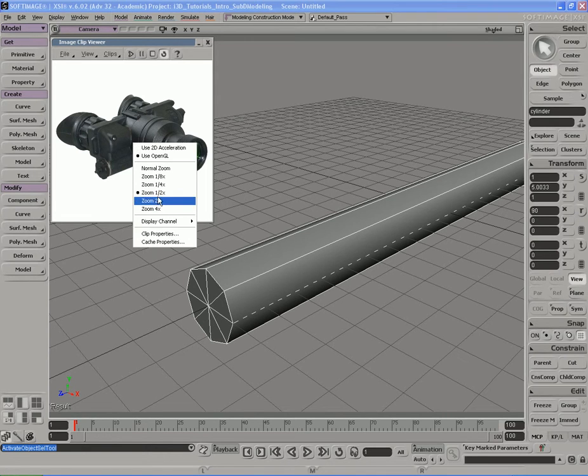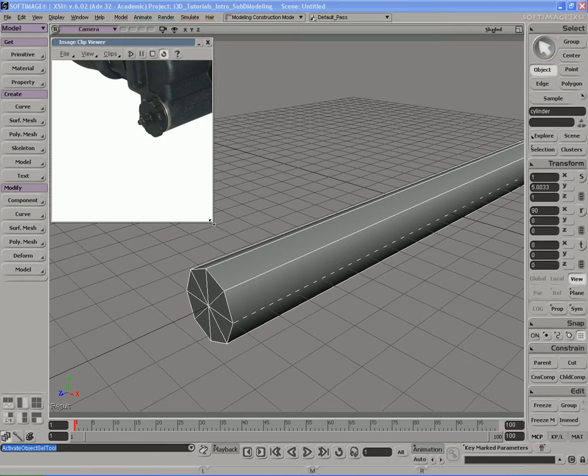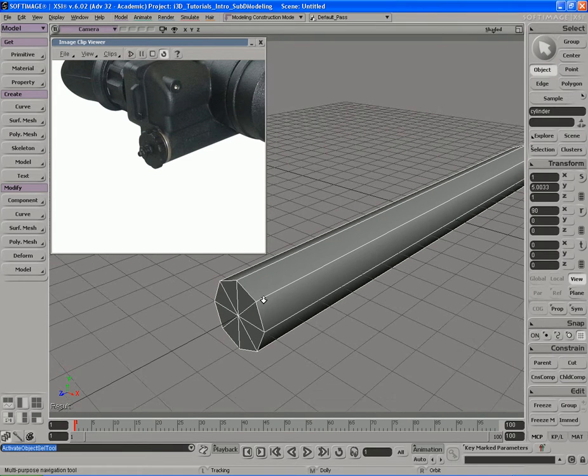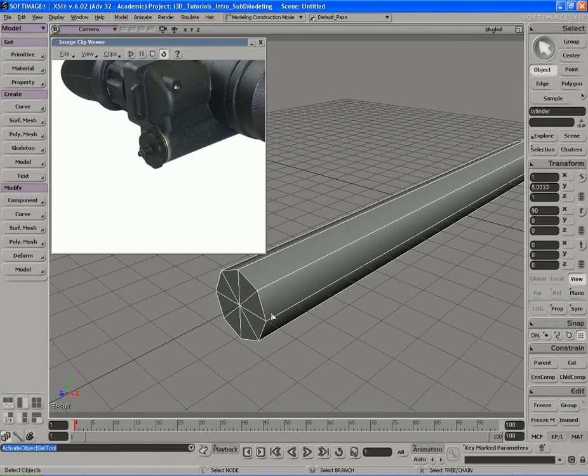Let me right click and go back to a normal zoom so we can see this better. And there's the piece right there. That's the piece that I need to create next. Well, I don't really need to necessarily, but I want to. So what I'm going to do is hit U on the keyboard with that cylinder selected to go to polygon